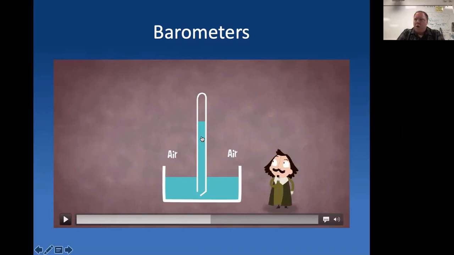Remember that air collides with stuff. So this air on the outside is actually colliding with the water. Okay, so it's pushing on the water. Let me try to use my mouth here to demonstrate it. We've got this air that's pushing on the water. It's colliding with it. Because it's pushing on the water, it actually pushes the water up the tube. Right? It pushes this water up the tube. And it can hold so much water up there. It can actually hold 14.7 pounds of water up the tube.